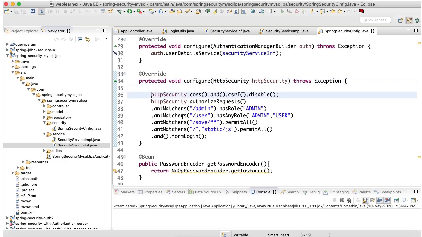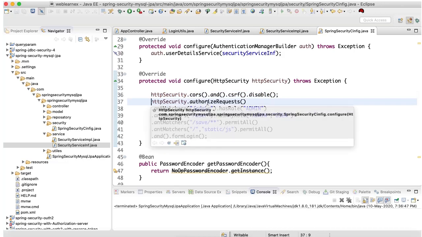level also. This is for CSRF, meaning cross-site related issues. If you execute this application on a different platform, meaning you call the service with a different URL, not localhost, from any other UI like Postman or any other REST service application, then I have enabled the CORS related things also.